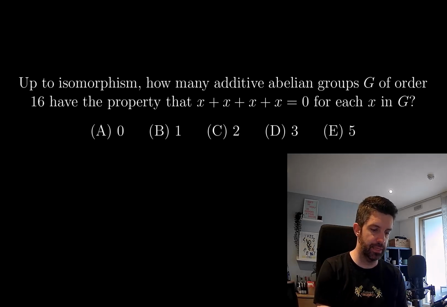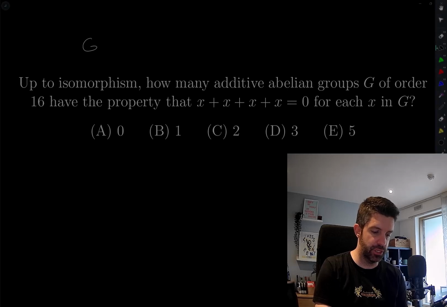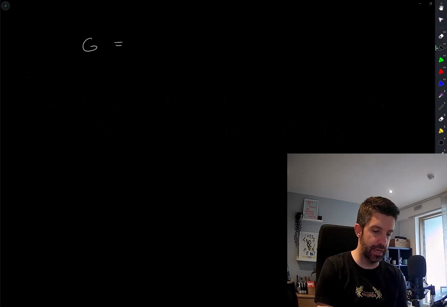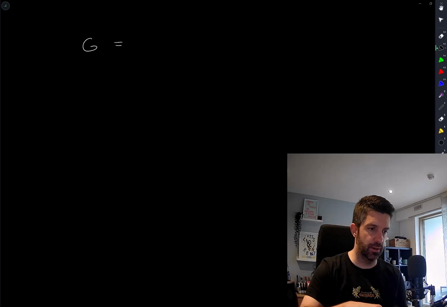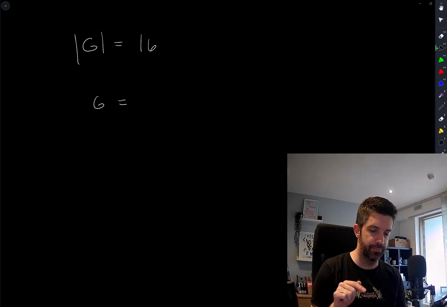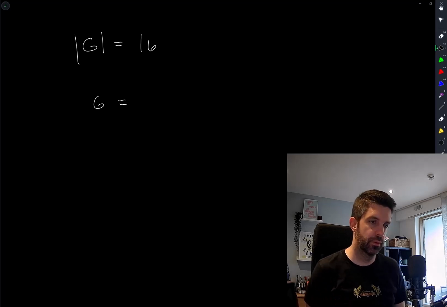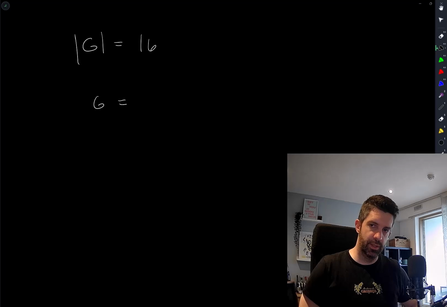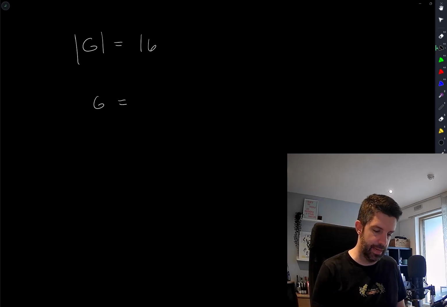If G is a finite abelian group, and it's of order 16, right? Then G itself has to be a product of cyclic groups that are powers of 2. Now,